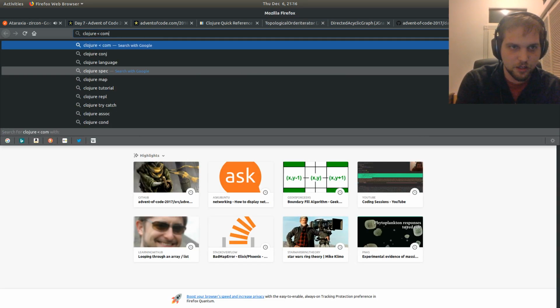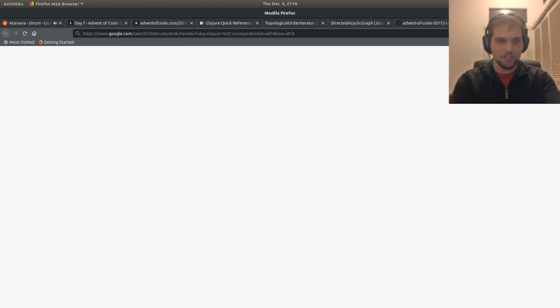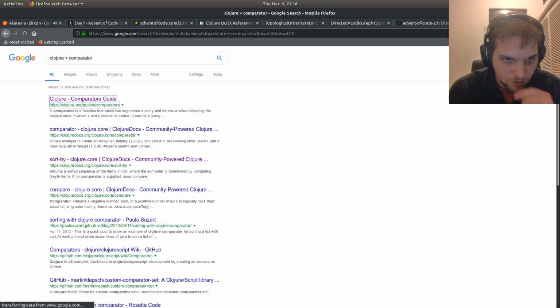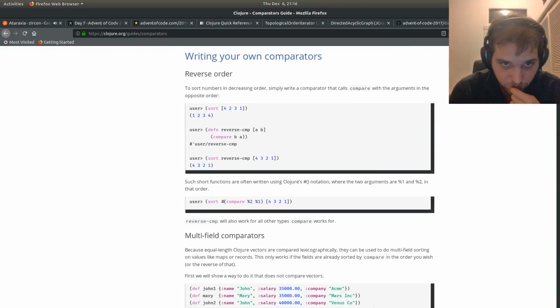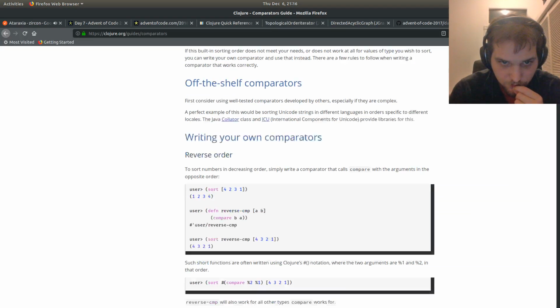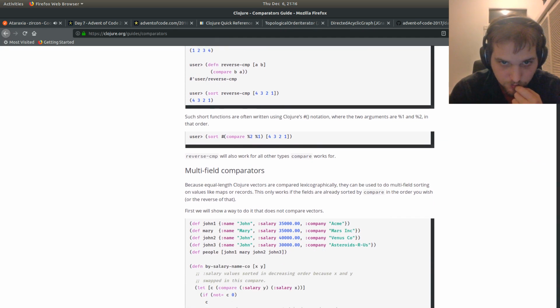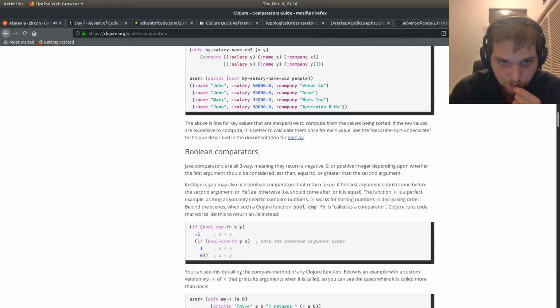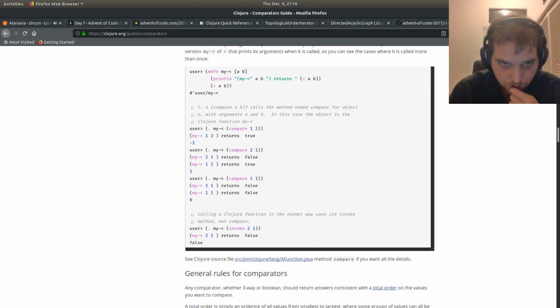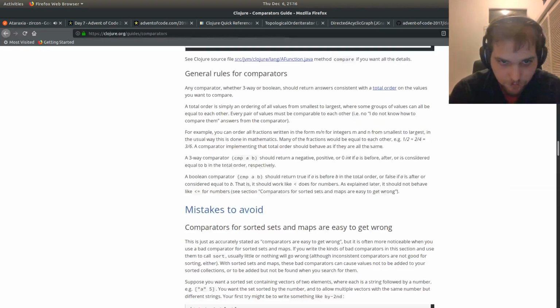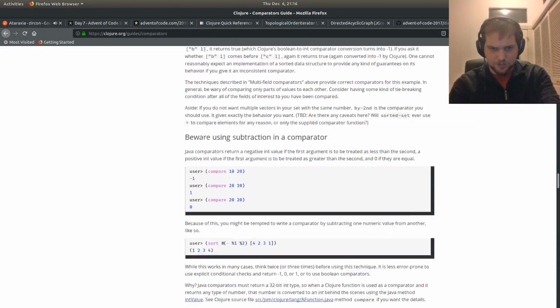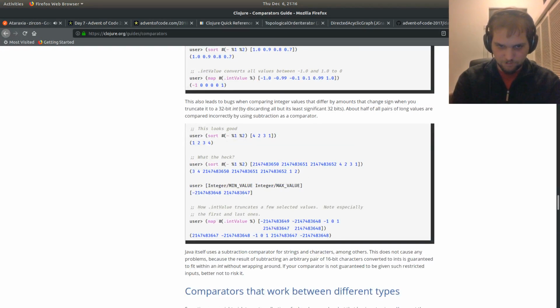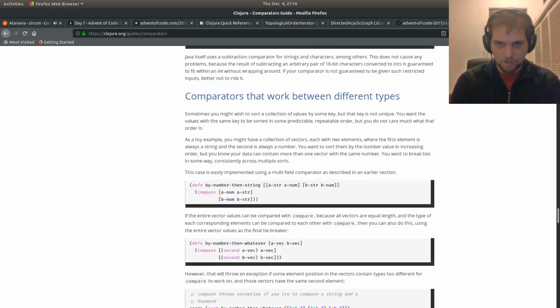Clojure less than comparator. I think it's already defined as a comparator. I think this thing already has... okay, well, I'll do that.